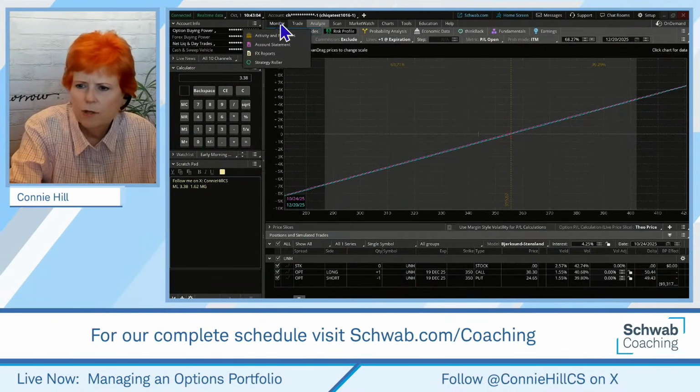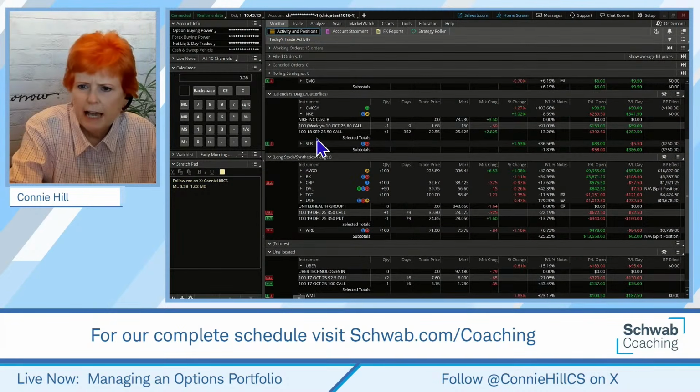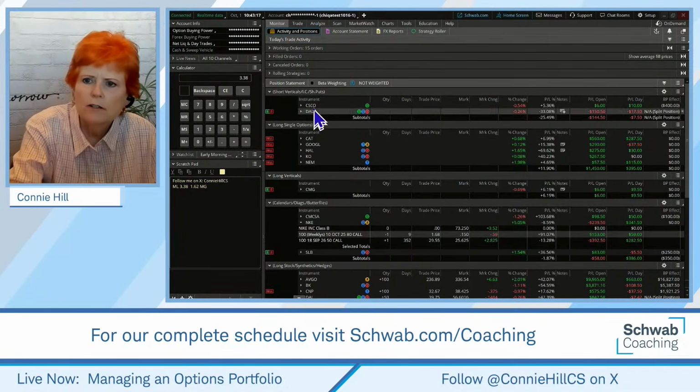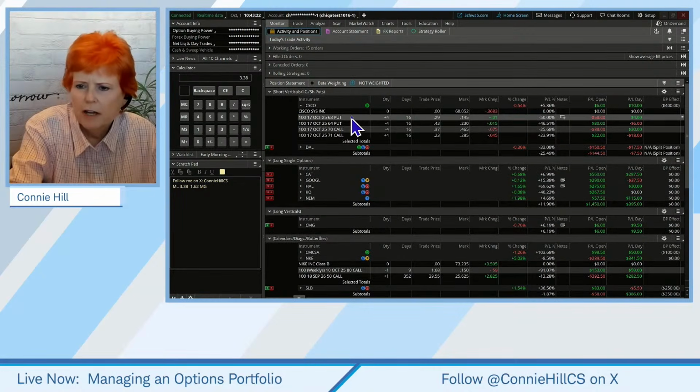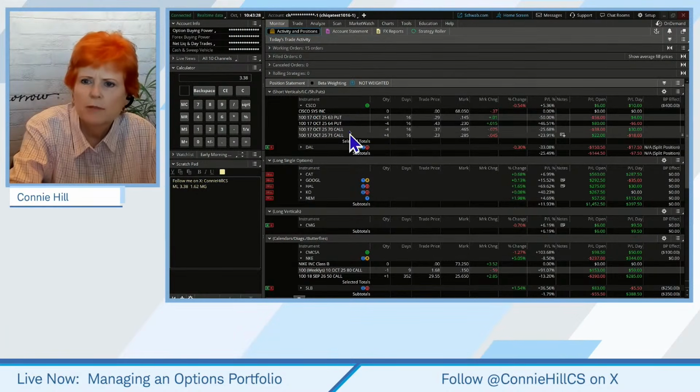I'm going to try to find another one. What's this one? This looks like 100 shares and a long put, kind of a hedge in there. We could also maybe look at, let's maybe just pop in Cisco here. It's a trade that's going on. It looks like, oh, maybe an iron condor going on here. 63, 64 on the put side, 70, 71 on the call side. So that could be an interesting one.